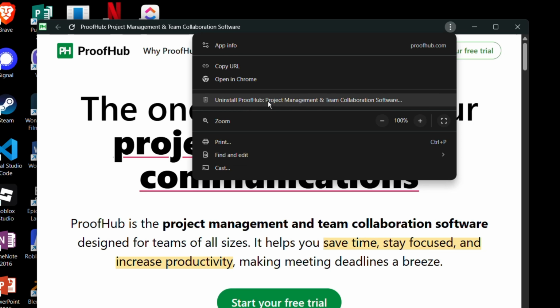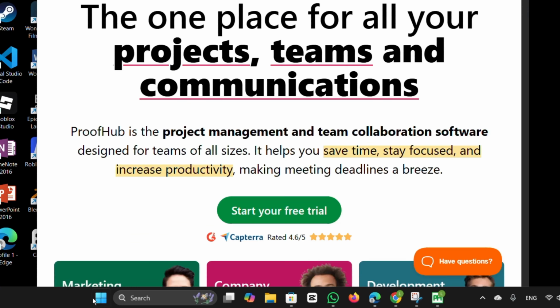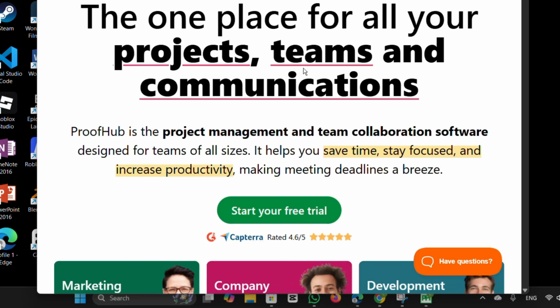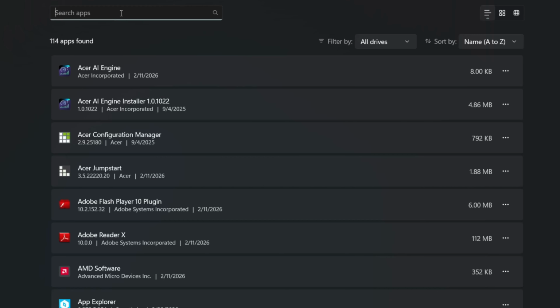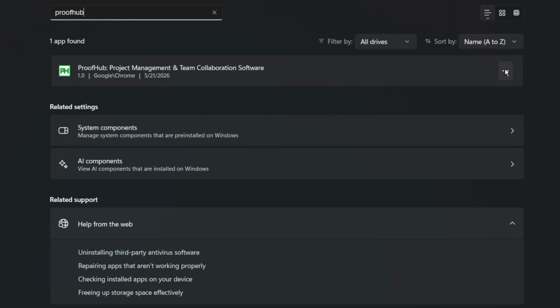So if you want to uninstall it, just select uninstall ProofHub, or you can also go to Start menu and go to Settings, then go to Apps, then go to Installed Apps, and go to the search bar and search for ProofHub. Click the three dots and click uninstall. Then confirm the